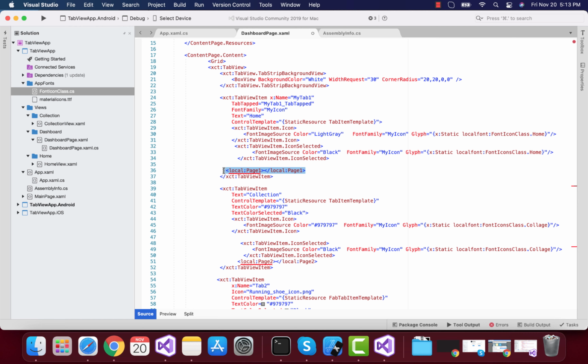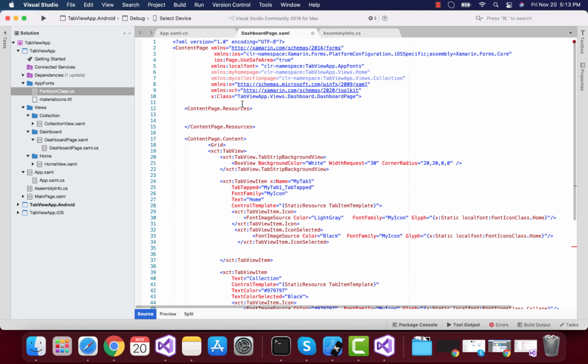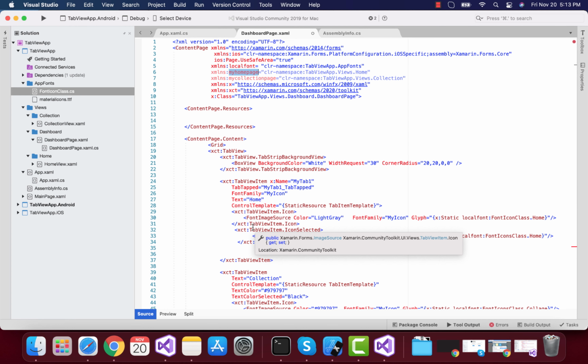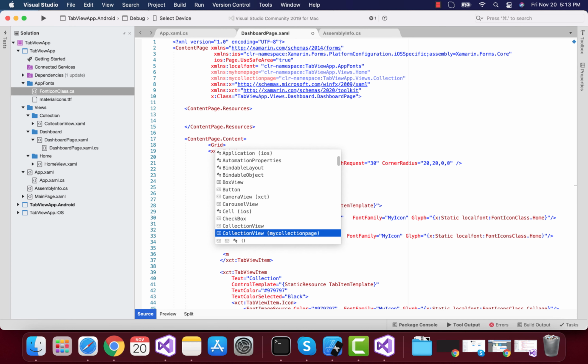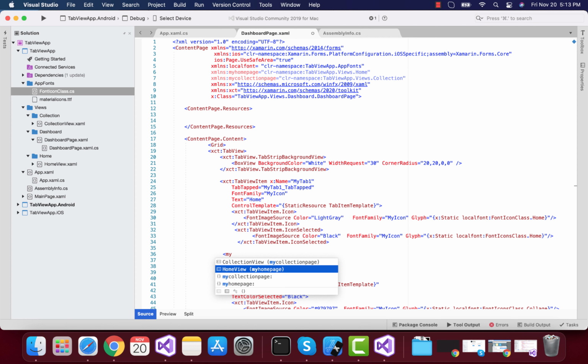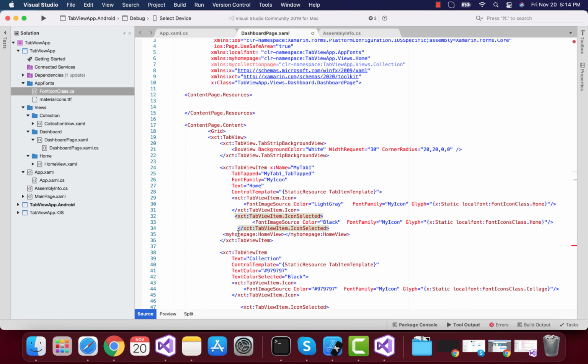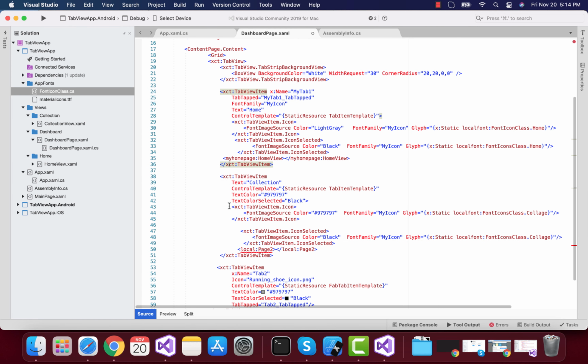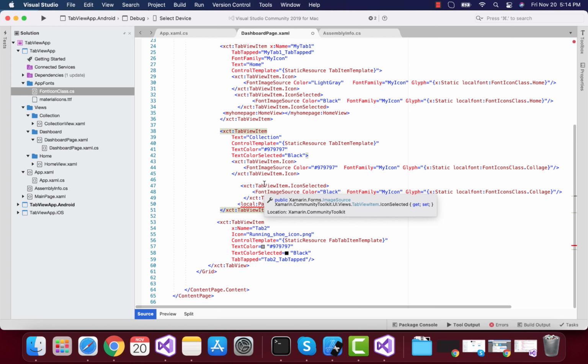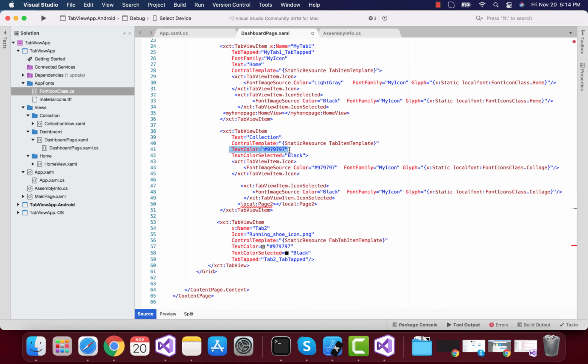Now we are going to add views over here, that is our content view. Now I'm going to remove it, and we know that we have defined our home page over here as a namespace. Now we are going to call our home view, that is inside our my home page namespace. Now you can see over here, this is the area where we are going to add our views. We can just add some grids and then play around with it, but I just want to make things a little bit separated, so I have added that content view inside those places.